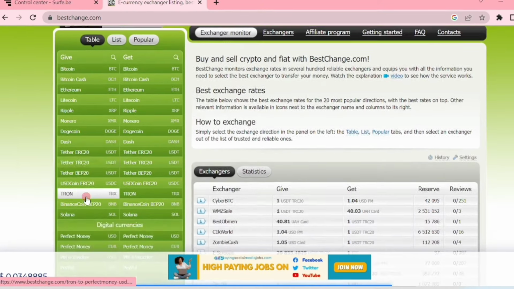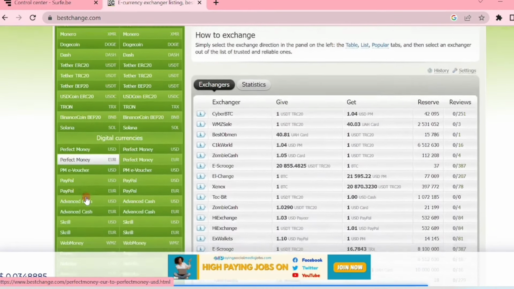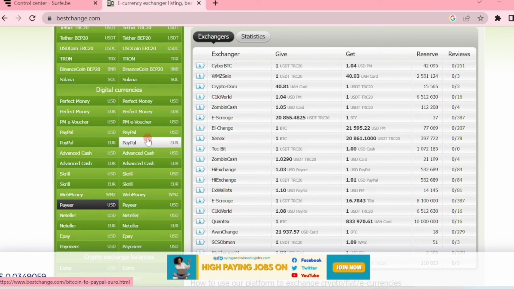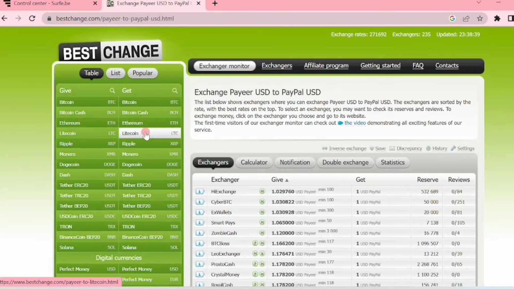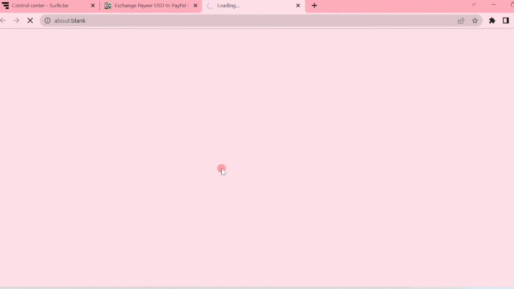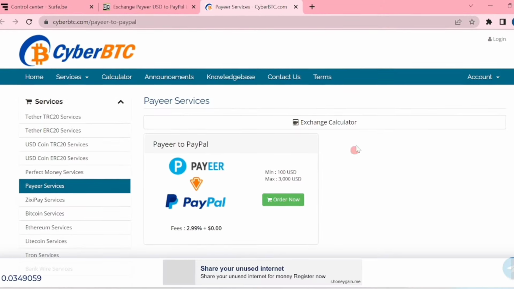which account you want to give money and in which account you want to receive money. For example, here select Payeer and select PayPal in which you want to receive money. And here click on any exchanger which you like, and here you can exchange your money from Payeer to